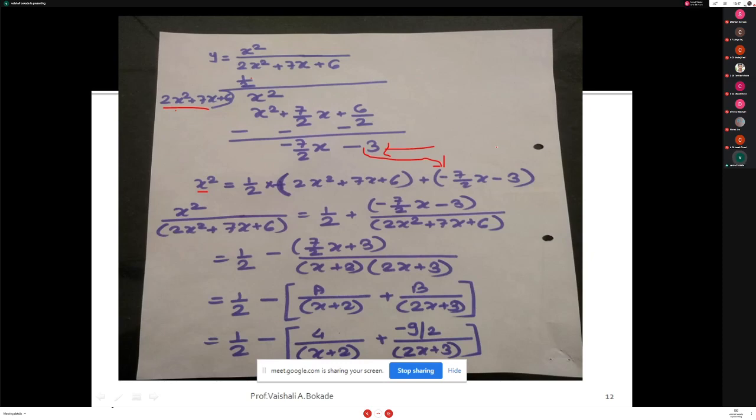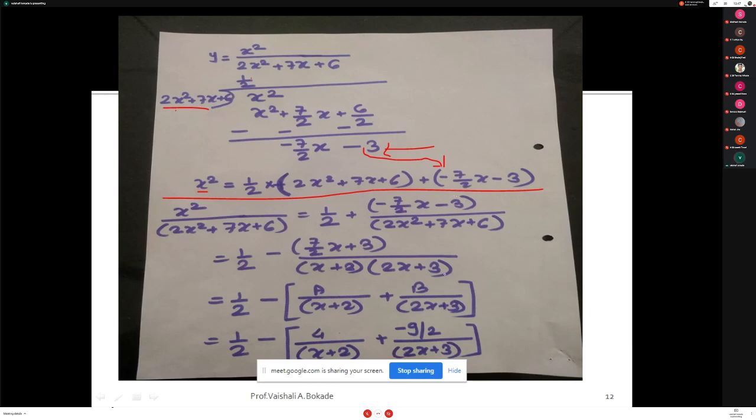Now I'm taking the second example. I am just going for this x square, x raised to 4 and all these things. After completing this example, I am going for the x raised to 4 example again. Now I am taking this example, x square upon 2x square plus 7x plus 6. This example I am taking, and again I am moving for that example there. So I am using this statement: dividend is equal to divisor into quotient plus remainder. That school concept I am using here.